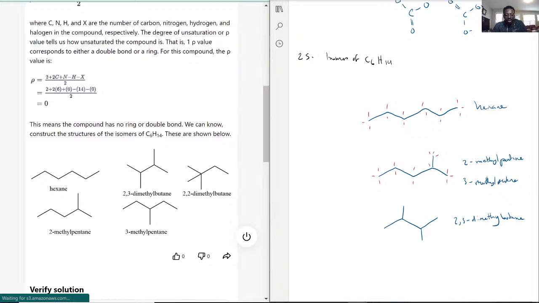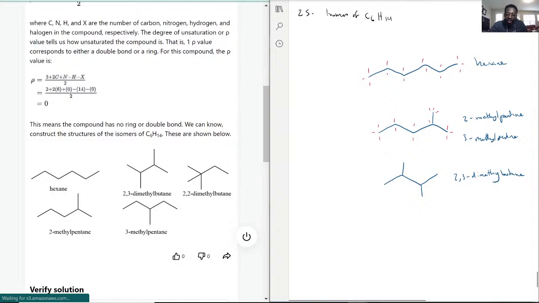Oh, there's a different type you can do. I didn't think about that one. So exactly, we had hexane, 2-methylpentane, 3-methylpentane, 2,3-dimethylbutane. But I never thought about where they're actually on the same end. So if I did that, right? Like that. That's the one I was missing, which would be